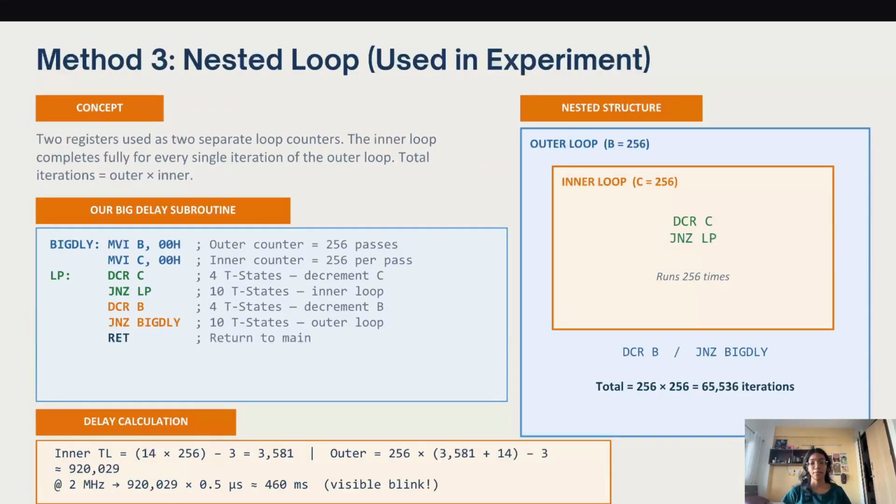Now we go on to method 3, the method that I have used. It is a method of nested loops, where the delays don't get added up, but instead they get multiplied. We use an outer loop indicated by blue and an inner loop indicated by green. In the outer loop we have initialized B with 256 as value, and in the inner loop we have initialized B with 256 value. So the outer loop runs 256 times, and the inner loop runs 256 times per outer loop. So now we get 256 into 256 iterations, which is a very large number. We similarly do a delay calculation and get a very large value of 460 microseconds, which is a very visible